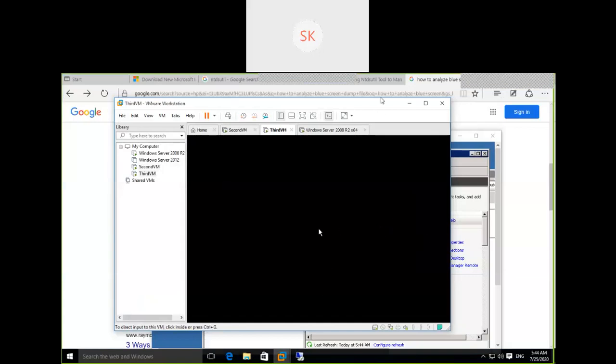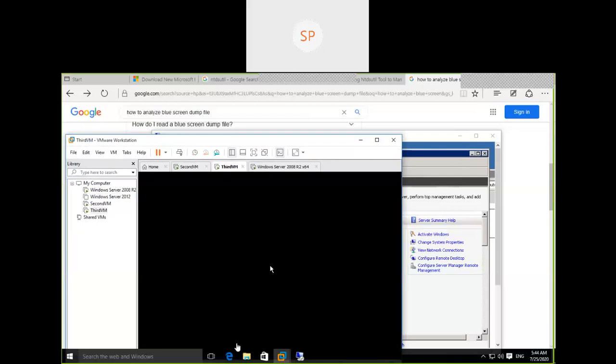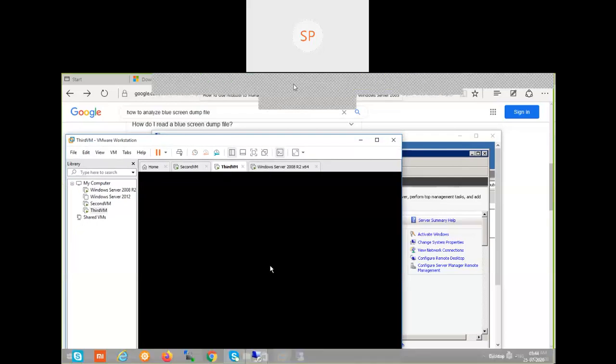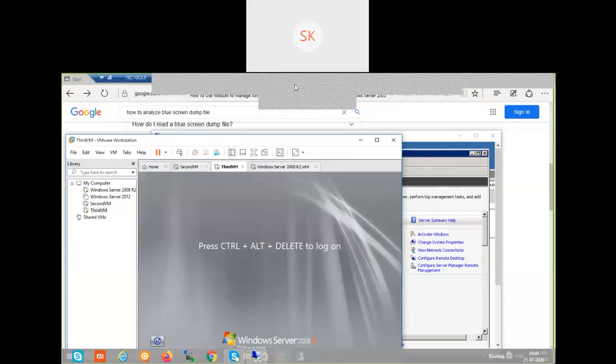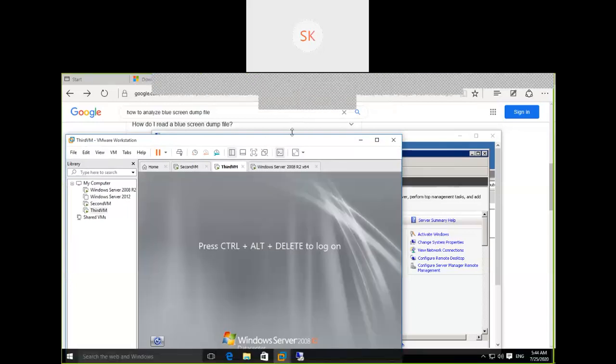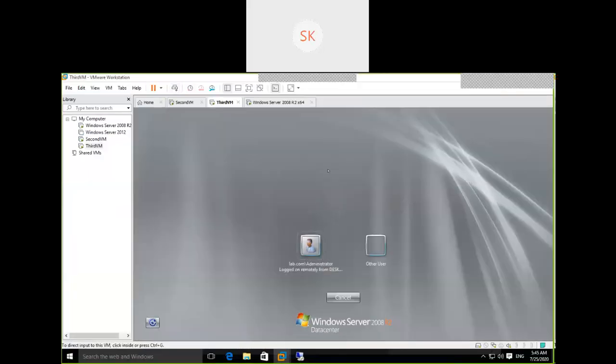What I'm going to do is, it is the third VM. I'm adding a 10 GB disk, and I'm also going to add 10 GB to the existing disk.